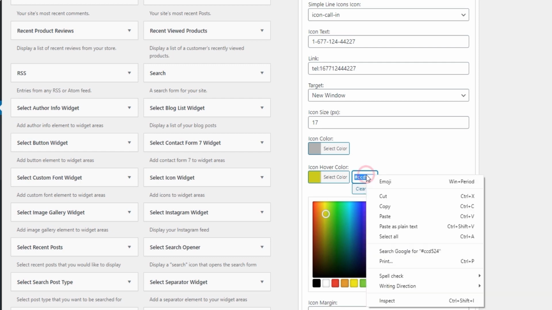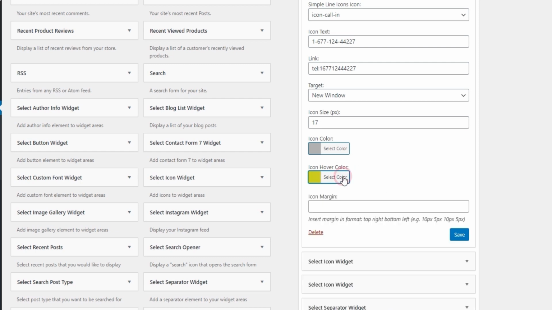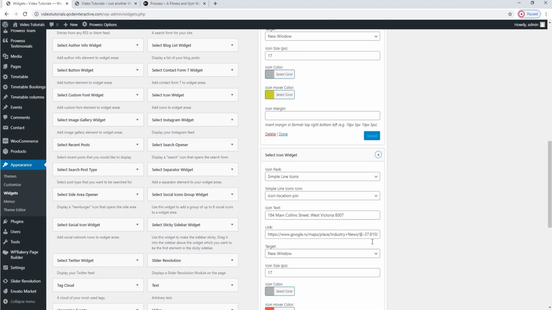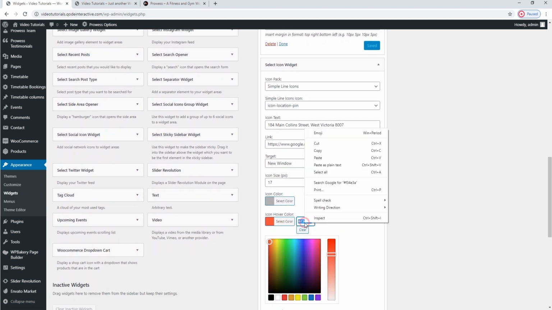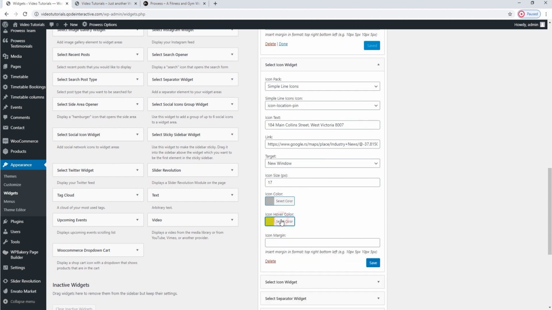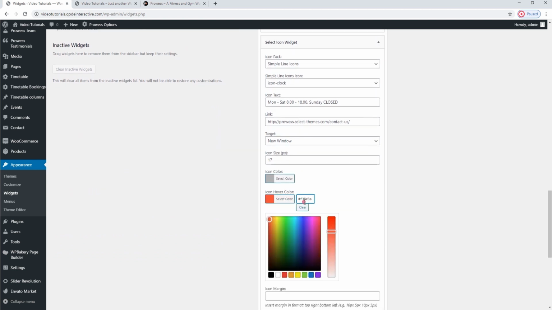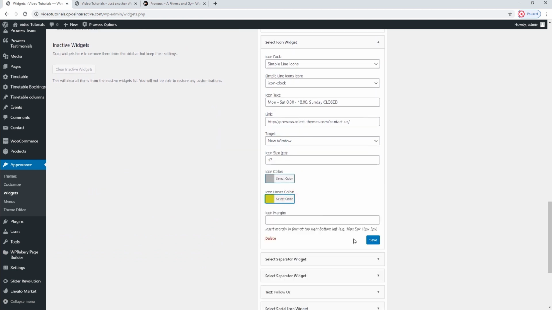Copy the hex code from the first icon tab. There are quite a few tabs here, so make sure you don't skip any of them. And paste it to the tabs belonging to the following icons. Don't forget to save the changes before you switch between tabs. We will use this specific yellow color for all the icons in our theme.